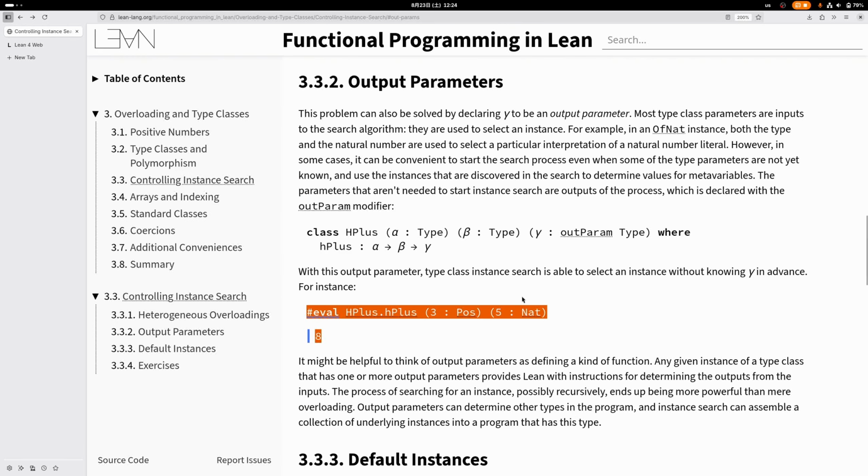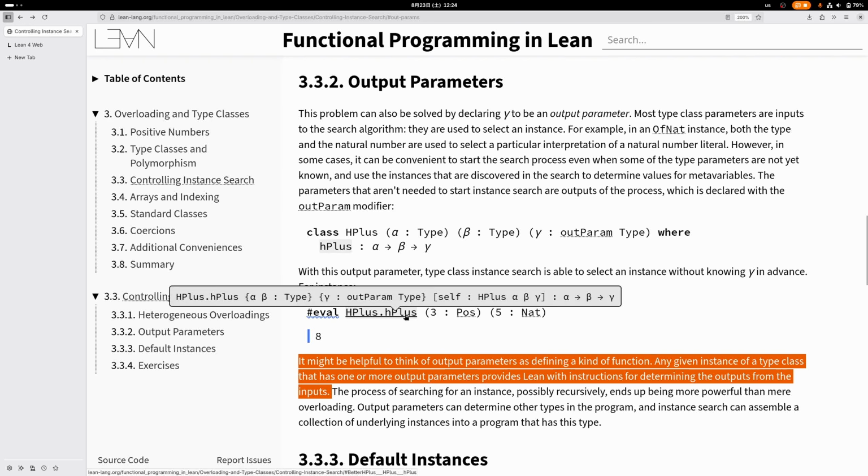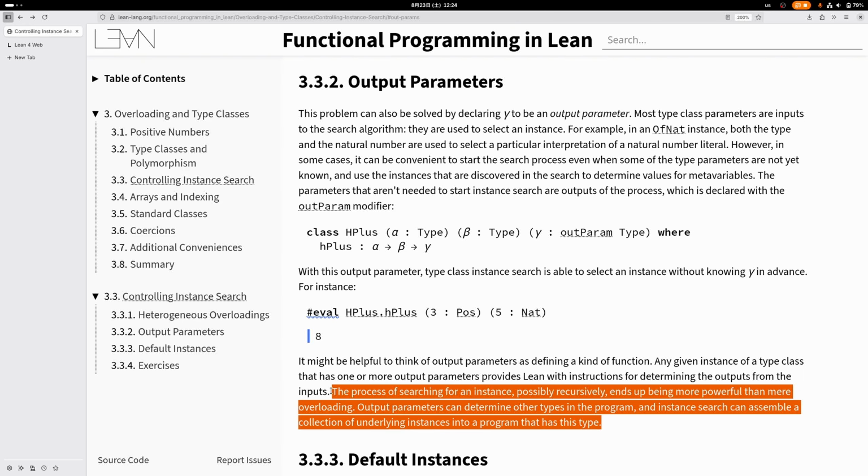Yeah, and with that it works. Okay, and apparently you can think of this as giving the compiler a function to determine the output given the inputs. So given HPlus and Pos and Nat, it can then determine that the output of this has to be Pos. Yeah, and obviously this sort of overloading with type classes is a lot more powerful than the simple